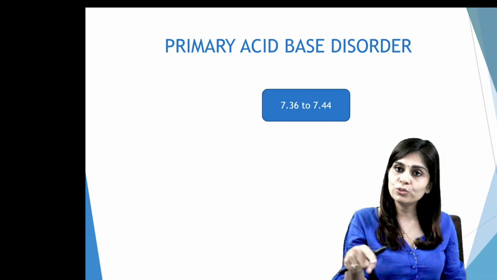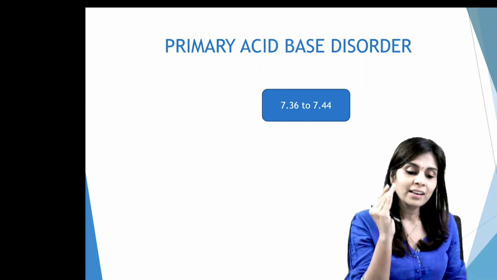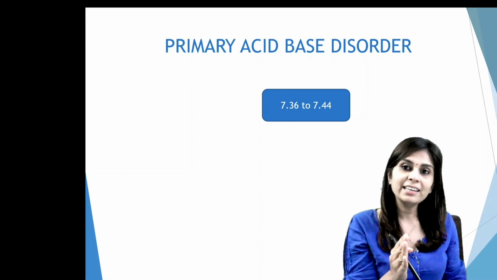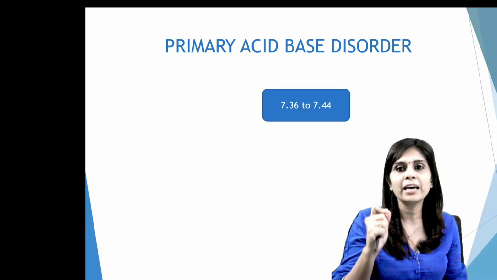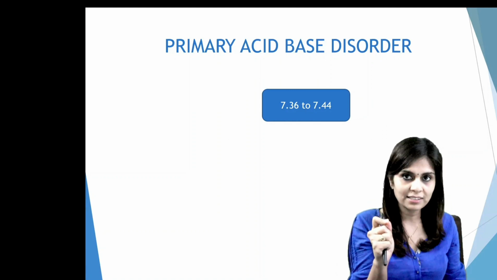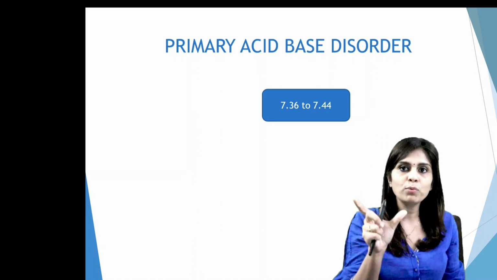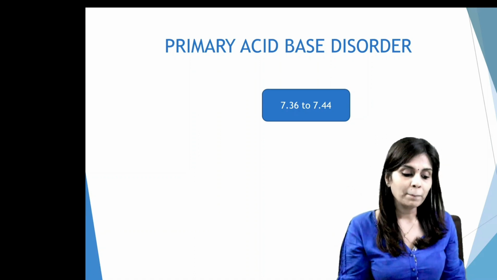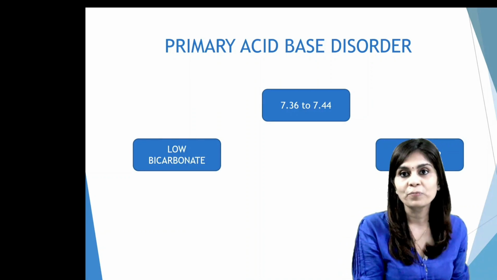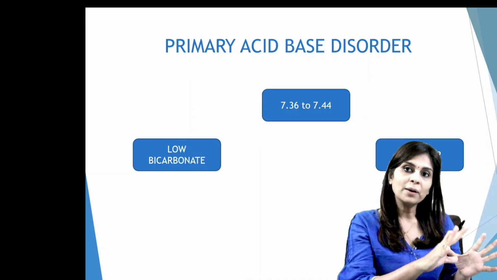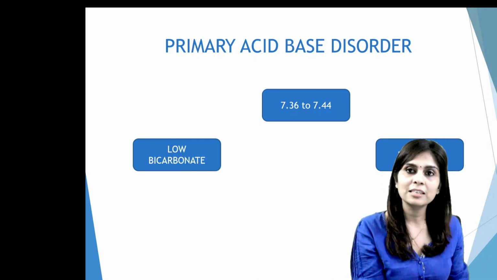Even when one of those three values is abnormal, you will have to hunt for a reason. And in this condition, identifying the exact reason for the acid-base disorder can be cumbersome and confusing. I'll give you an example. Suppose there is a person with normal pH between 7.36 and 7.44, but you find that the bicarbonate is low and PCO2 is also low. Now, when do you think you'll find this observation? What are the scenarios where you can find it?